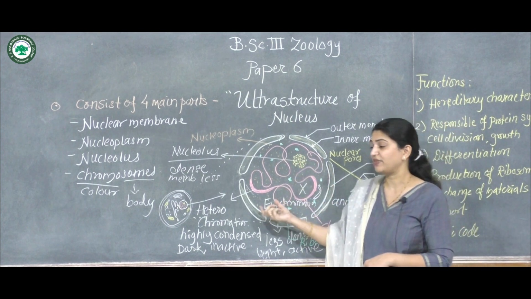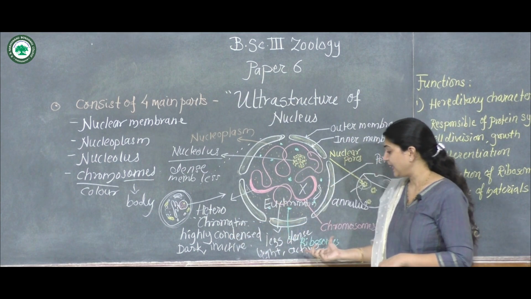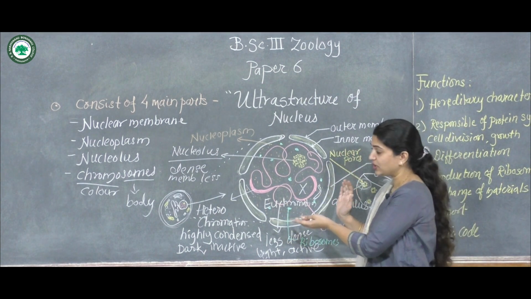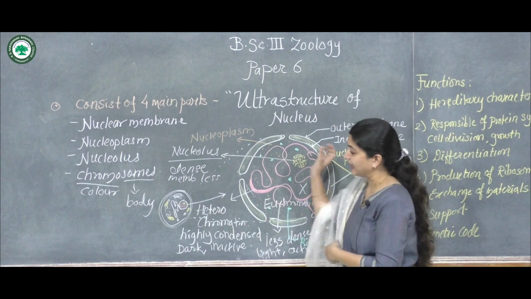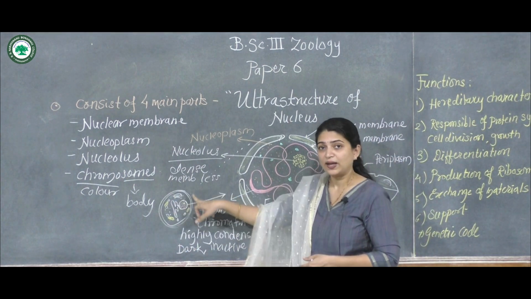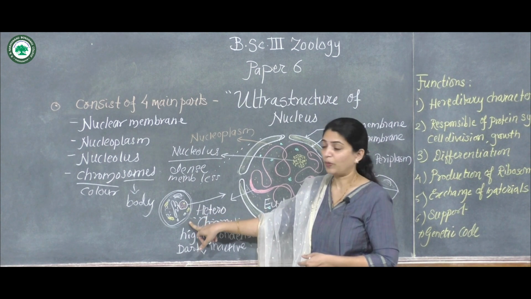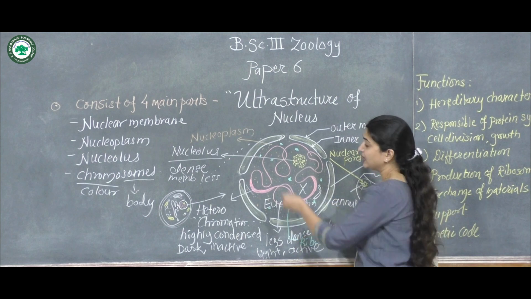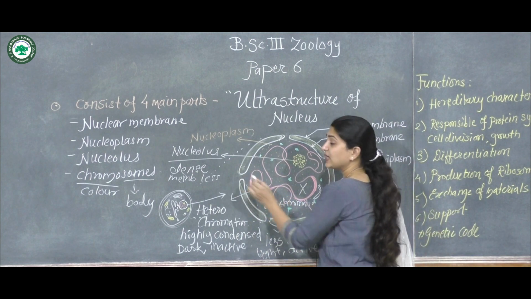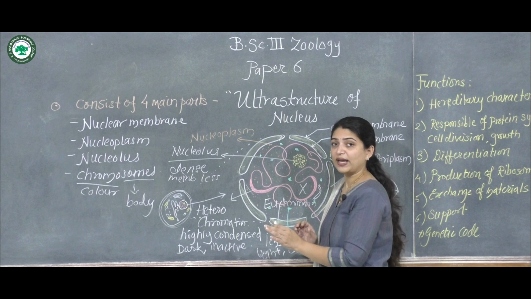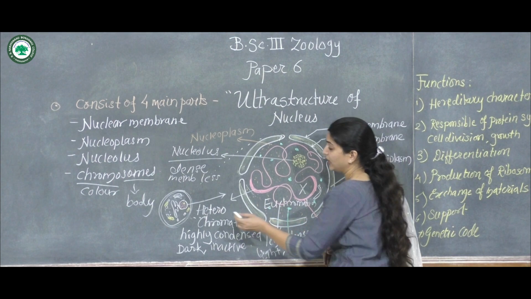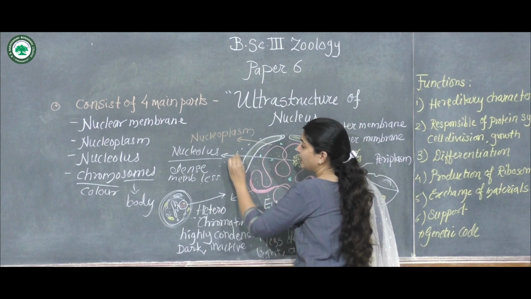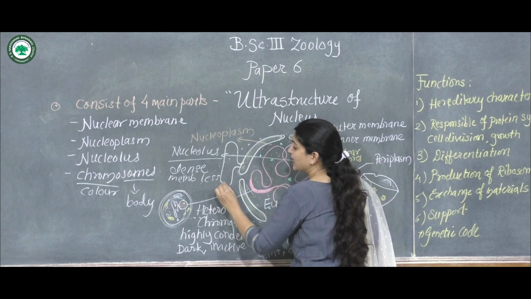In this chromosome structure we have studied the heterochromatin and the euchromatin. So this was the ultrastructure of the nucleus, which is present in the cell, scattered in the cytoplasm. So this is the location of the cell. Here I would like to tell you, this double layer membrane is continuous with the other cell organelle called the endoplasmic reticulum. Here you can see that this membrane is found continuous with the endoplasmic reticulum,